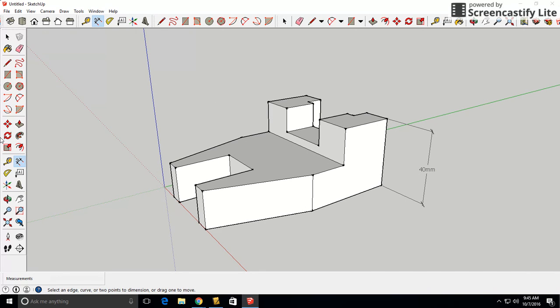Now we can add overall length by selecting the end point of our jaw and the back edge. Now you can see that it's going to try to dimension a couple of things. If I drag the line out, it's trying to give me an angular dimension. But if I keep that along the base line, it's going to give me the overall dimension from that point